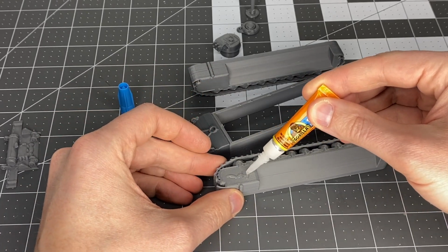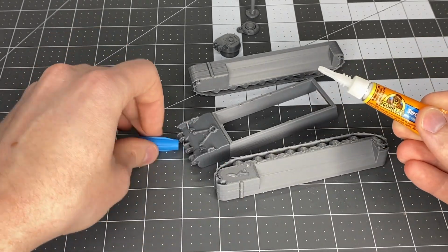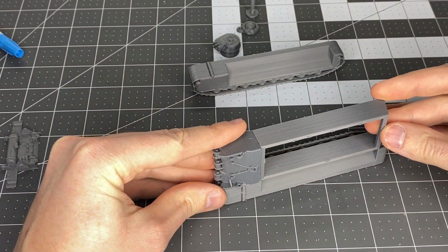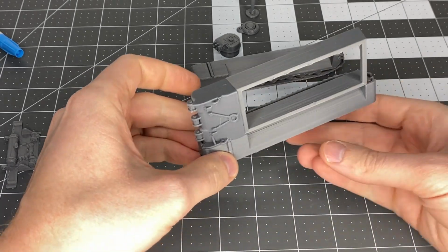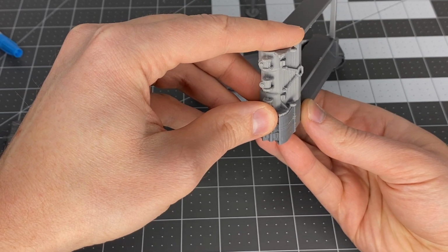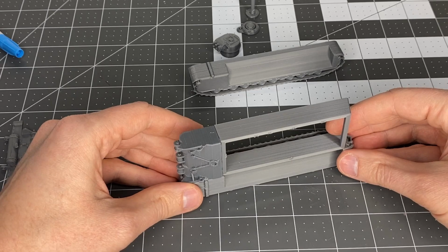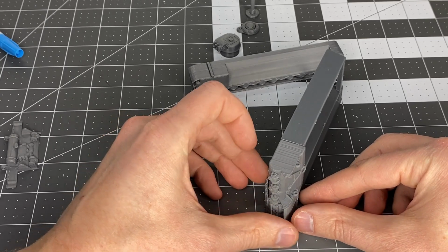Alright, so then just go ahead and dab some glue there. This one is nice in that it has spots that you know where the glue will go and touch this part. So just like that. So just make sure that they're even together with the front little mud flap, or mud skirts, or whatever you want to call it. The front thing, make sure it goes well there, and then in the back make sure it's even